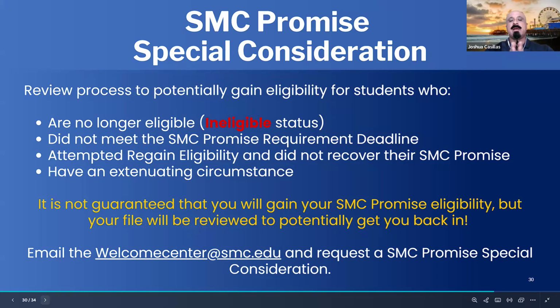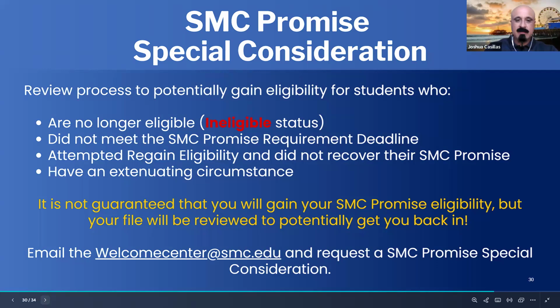Okay? So you did not meet the SMC Promise requirements at the requirement deadline. You attempt to regain eligibility. You did one of the examples. I did not recover your SMC Promise, okay? Let's say as the example, however example slide that we've discussed, let's say the student attempted to regain eligibility but did not pass the short-term class that they were attempting to make up the units in. This student can also send an email, welcomecenter@smc.edu, say, hey, my SMC ID number is, this is what's going on